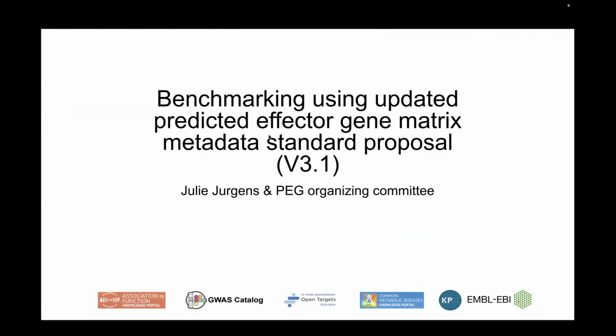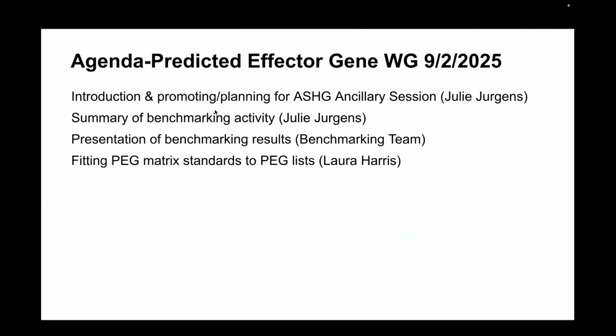As you know, today we're going to be continuing our discussion of benchmarking using our updated predicted effector gene matrix metadata standard proposal. So this is just a brief summary of our agenda today. We're going to start by going through just a brief introduction and some logistics for promotion and planning of our ancillary session at ASHG.